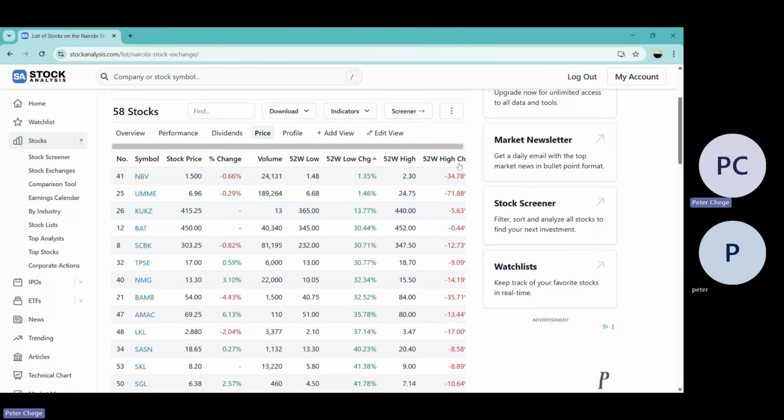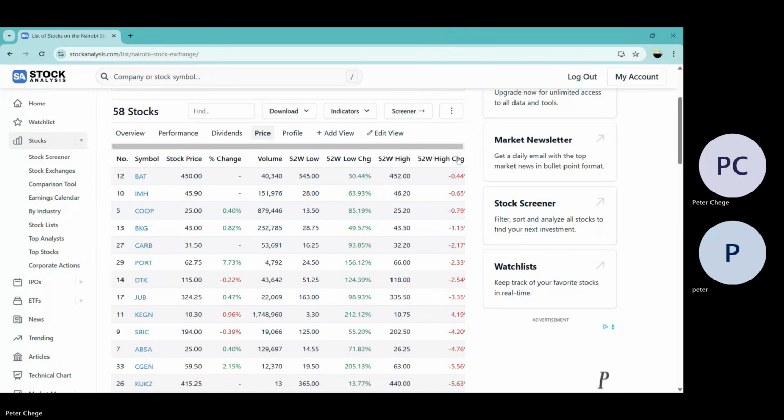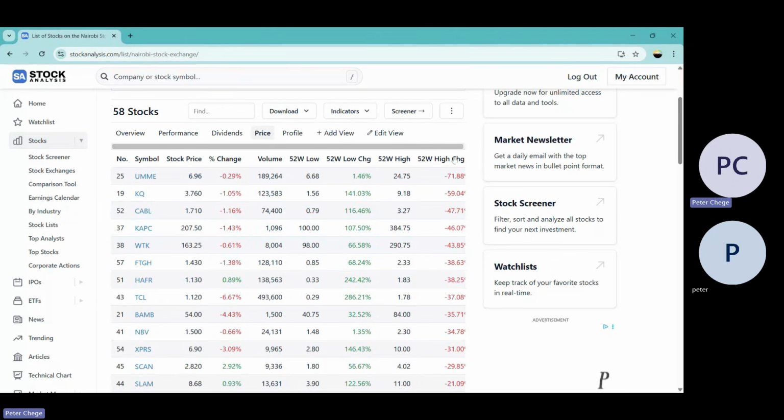Again, you can arrange that. You notice again, some of these stocks are closest to the highest they have ever gone. Again, those stocks, you may want to consider them purely for dividend. Those that have gone down, again, you'd want to consider,